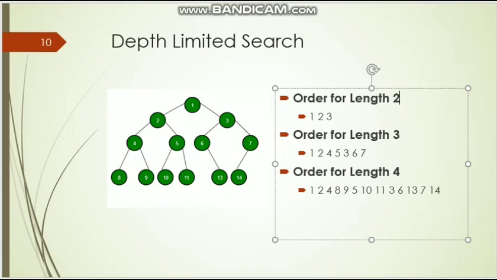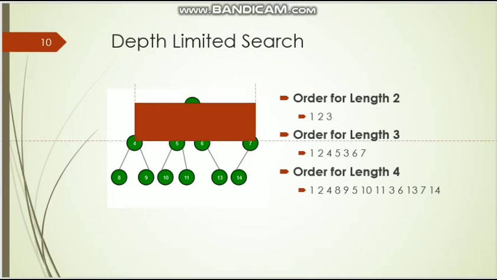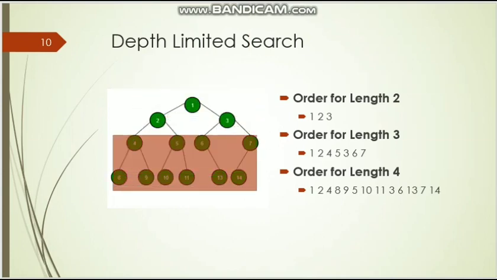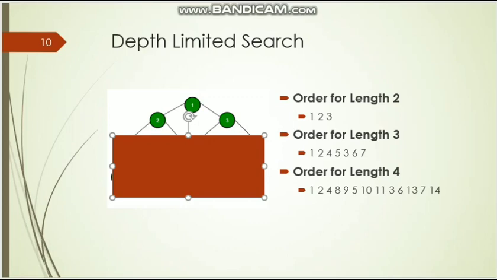Okay. So for the depth limited search in such a case, what we have to do, let us take one tree. We only consider this much. We will not consider the rest of the tree. As our limit is 2, we can consider only these 3 nodes up to level 2. And now we start performing the depth first search. So the limit we have defined, now we start the depth first search within the depth limited search.